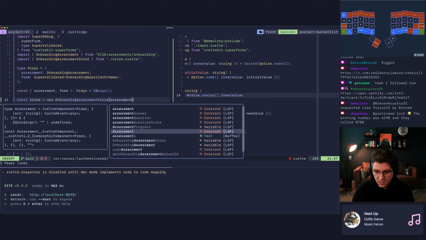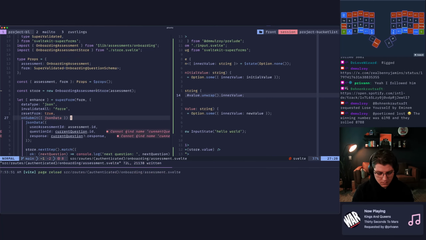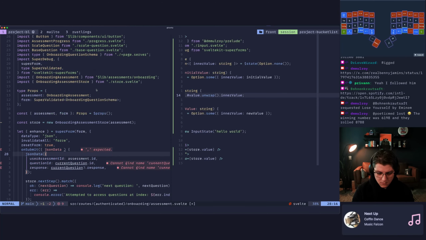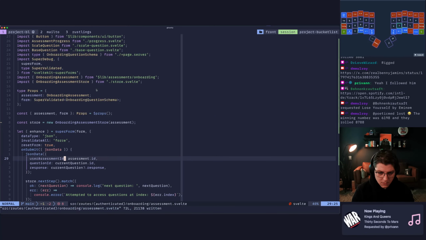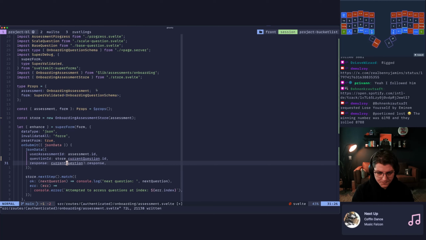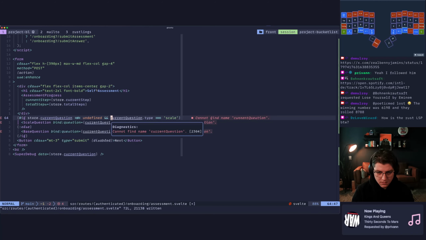Again, I don't know what is up with Svelte's language server suggesting me an item in the middle of the list, but that drives me crazy. Then down here, these need to be store, store, same deal, same deal, same deal.